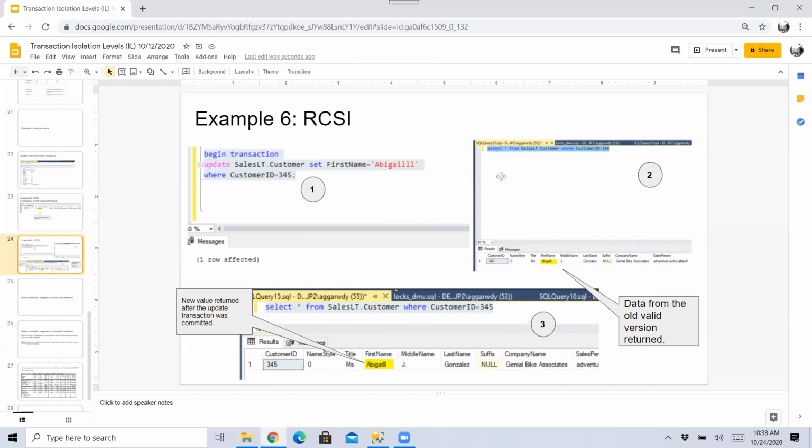statements in a transaction. Right now I only have a single line, so by itself it forms a transaction. But let's say I had a bunch of statements here in one transaction, and I am doing certain operations and then a select is coming somewhere down. And in read committed snapshot,